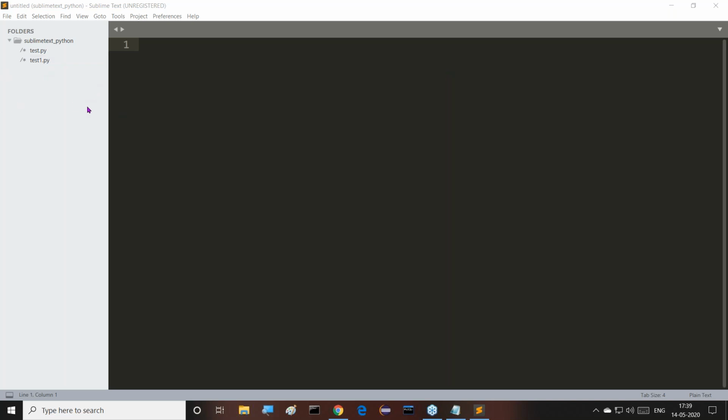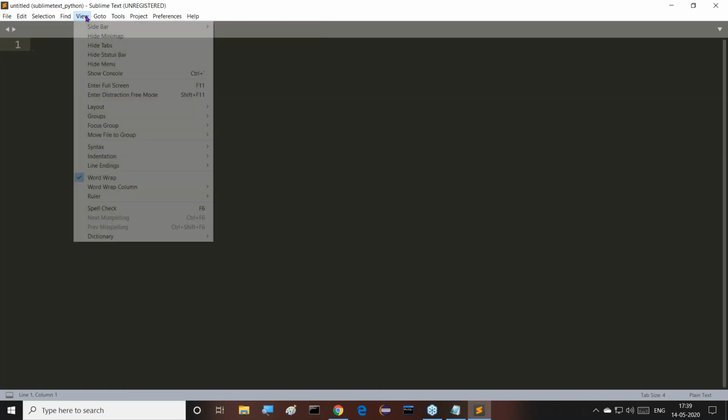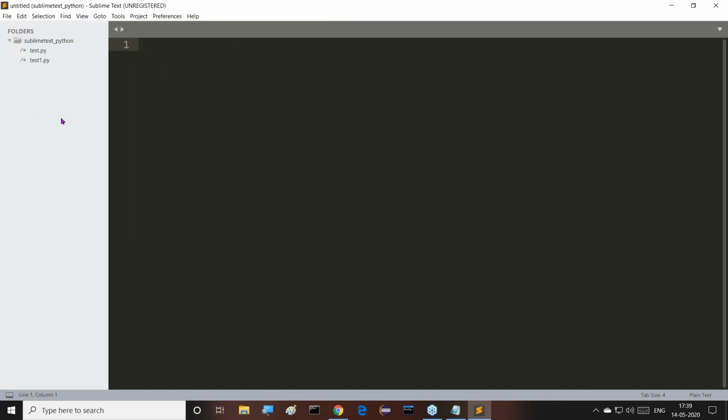This is a folder spot. Our files and folders we are able to provide here. If you want to use this, we can use it as is. If you don't want to use this, what we have to do is View, Sidebar, Hide Sidebar. Already it is hidden. Or if you want to open it now, Show Sidebar. Automatically this sidebar we are able to get. Is it okay up to now?